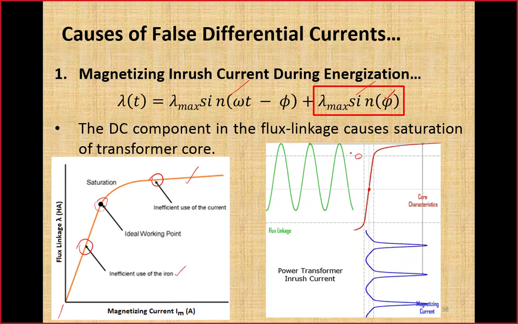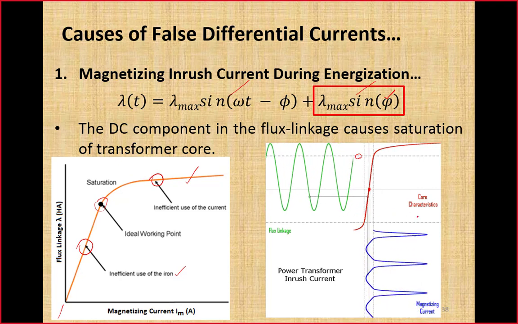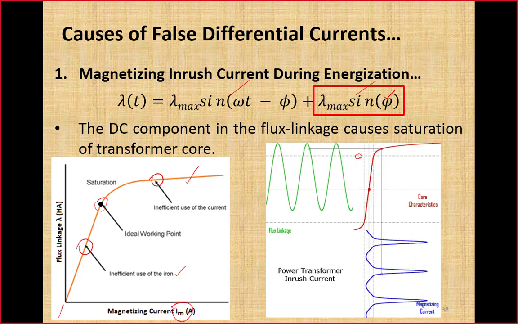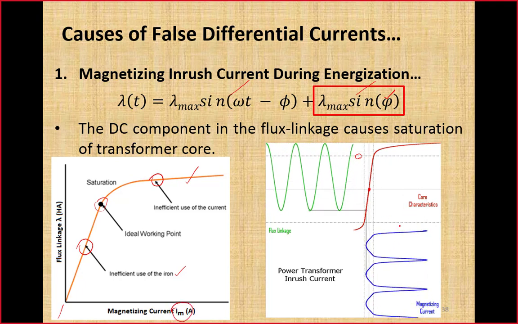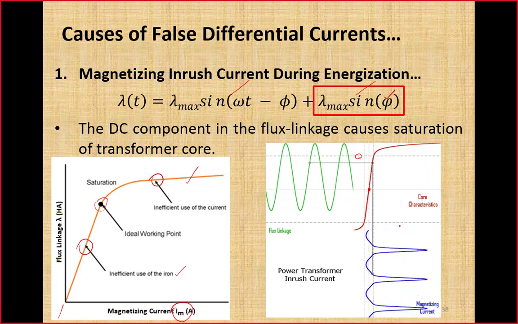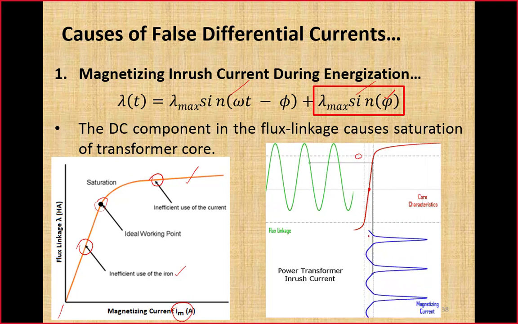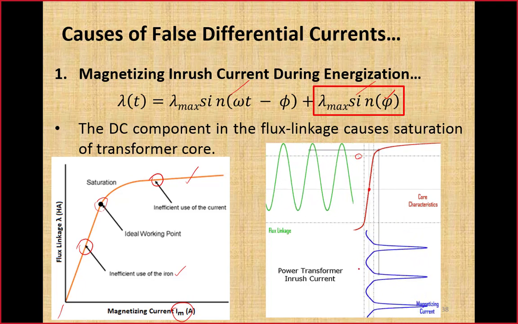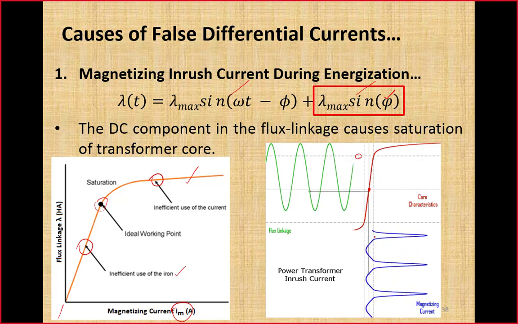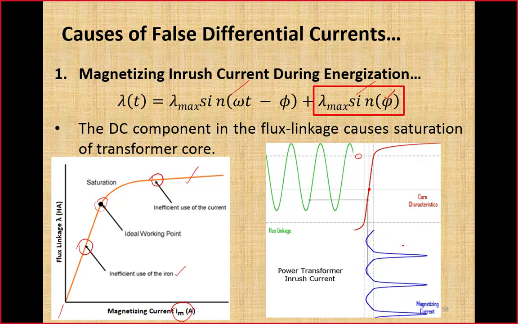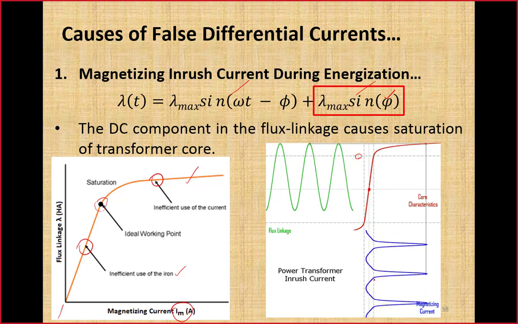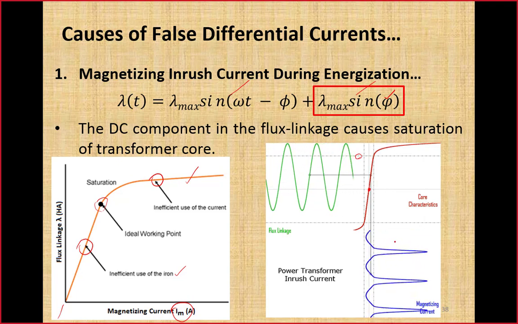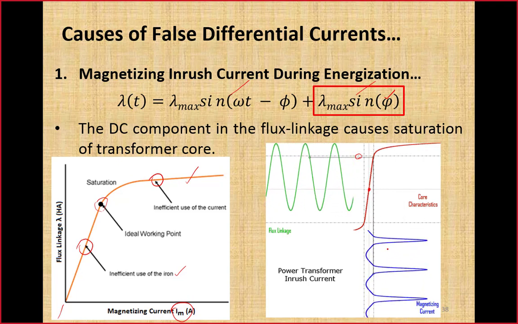Now if we map this flux linkage on these characteristics and see what will happen to the magnetization current, which was here in our initial characteristics as IM, same is along this horizontal axis. So as long as this flux remains in the linear region, a very small amount of magnetization current is drawn by this transformer. But when this flux moves into saturation, a very high peak value of current will appear. So here we can see the high peaks of magnetization current in the positive cycle, and these high peaks are known as inrush current.